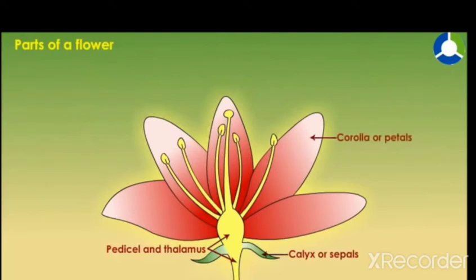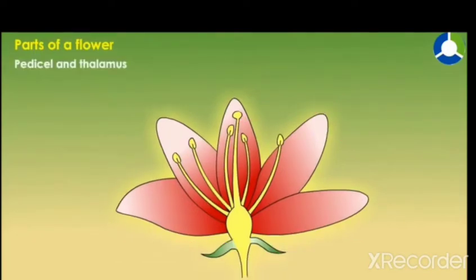Third part is corolla or petals. Fourth one is stamen, and the last, fifth part of a flower is pistil. So first we will discuss the